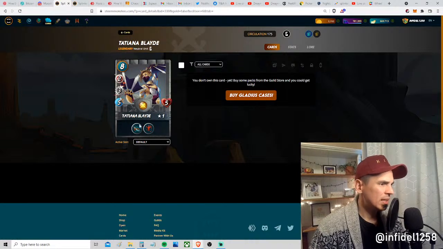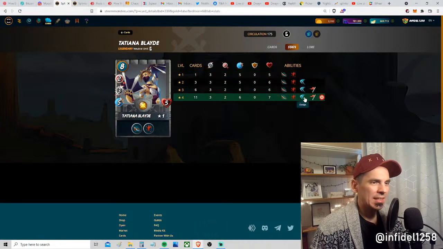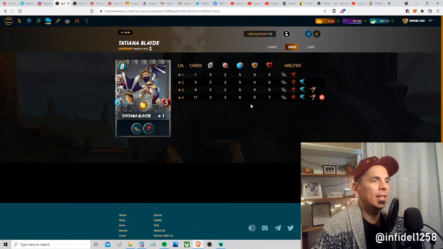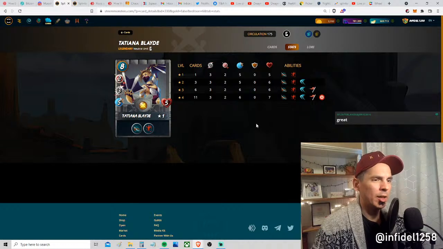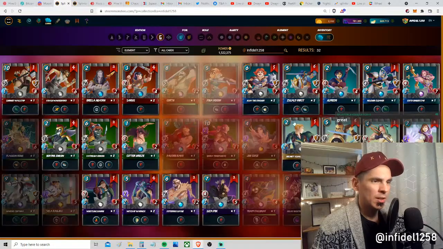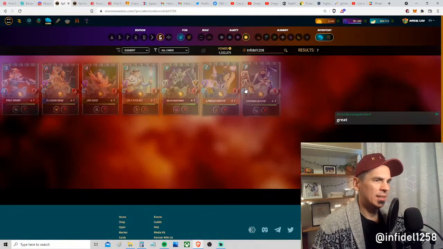I haven't seen this one either. Close range attack, archery, melee, huge speed, good amount of hit points. Oh, look at how nasty this one gets with the Inspire and the True Strike. You get this thing up to here, you're going to have 4 melee damage, 2 archery damage, dodge, 6 speed. Wow. This thing is going to be very evasive with 6 speed and dodge. That's like an 85% chance to avoid, depending on your enemy's speed. Wow. Some of these are amazing. That's a legendary? Yeah, so I don't have any of the legendaries.